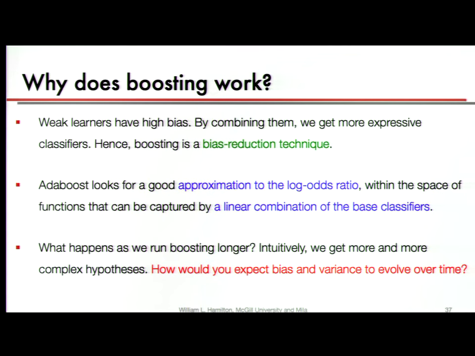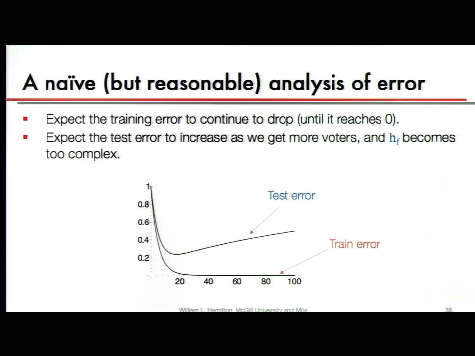And one thing you might be interested in is, what would happen in this case as we add more and more weak learners? So this is the bias reduction technique, and as we're adding more models to our ensemble, you'd expect it's going to reduce our bias, but you'd expect it also to increase our variance. I mentioned in the context of bagging, of bootstrap aggregation, that you can add as many models as you want, and generally it's just going to give you slightly lower variance. It's going to be diminishing returns, but basically just as many models as you can afford is good.